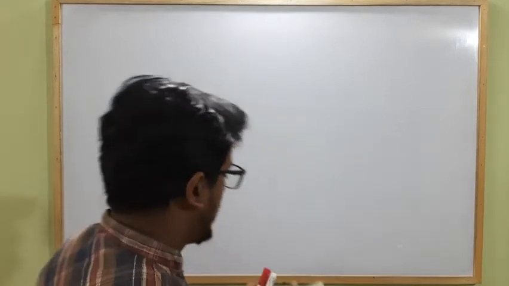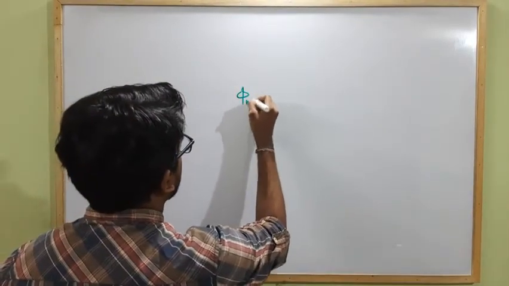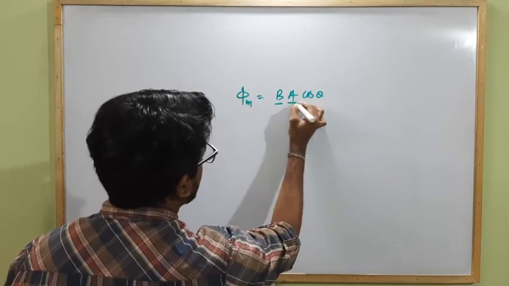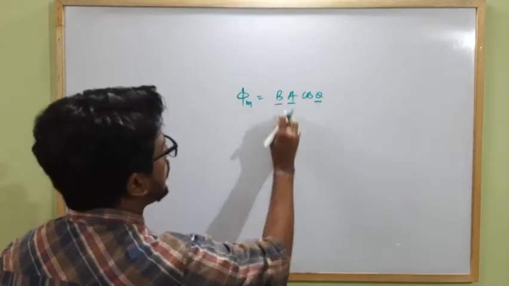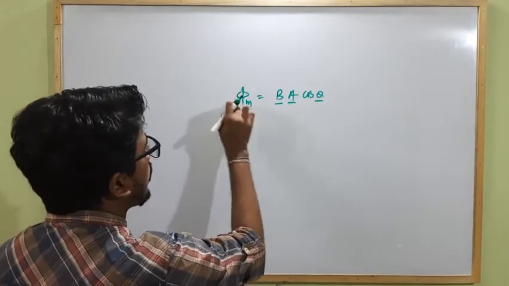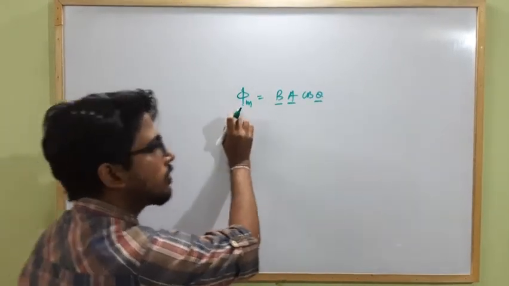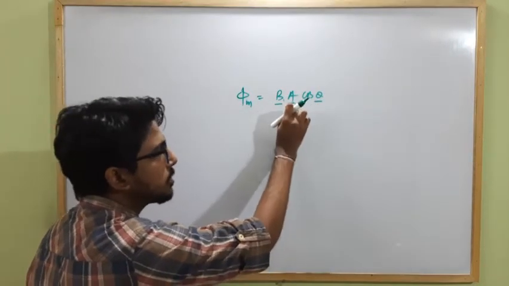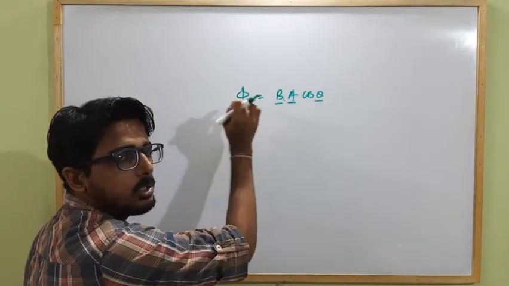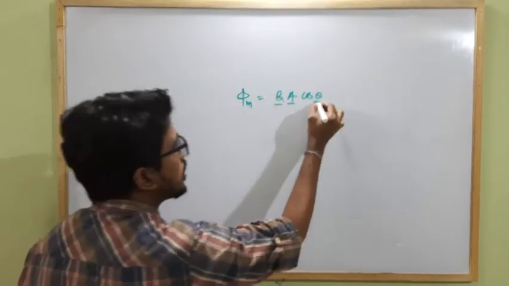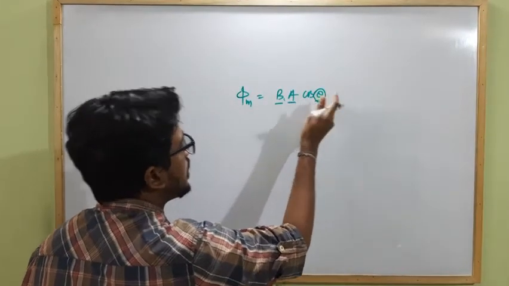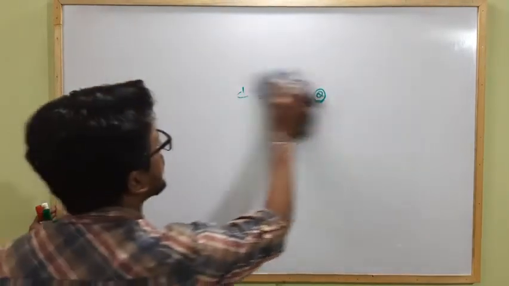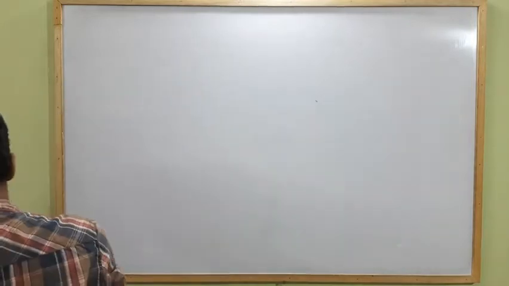because we already know that the magnetic flux linked with the coil is defined as BA cos theta. B is the magnetic field strength, A is the area, and theta is the angle between the B vector and the A vector. We already discussed if we change B with respect to time, then flux will change with respect to time, due to which according to Faraday law an EMF is induced in the coil. And if area is a function of time, then also the flux changes, and we get an induced EMF in a coil. Now if theta changes with respect to time, then also we get an induced EMF in a coil. That is, we will discuss induced EMF in a coil due to orientation or rotation.